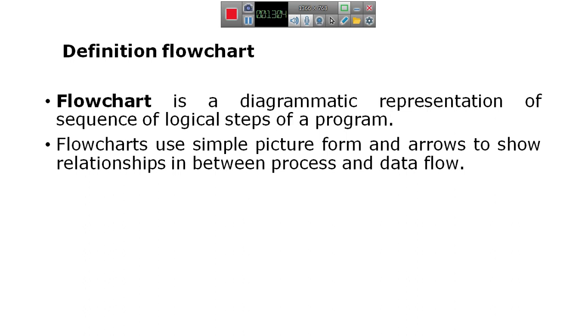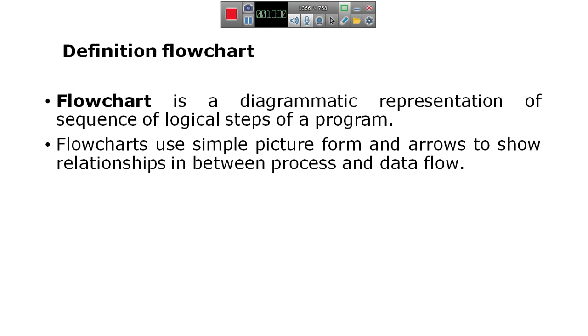The difference between the algorithm and flowchart is that an algorithm is a written form, written steps, and the flowchart is a pictorial form, a picture representation.